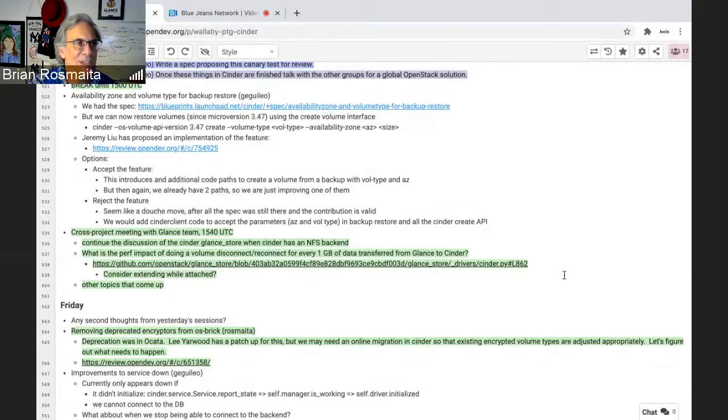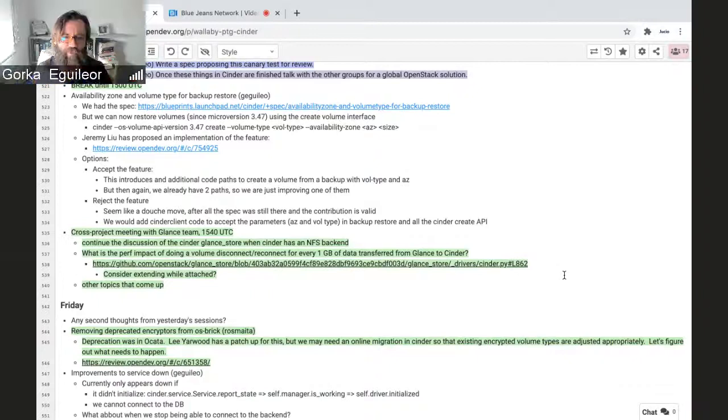Give me a second to put this into the. I don't know how many people are paying attention to the PTG bot, but I will update it. Okay, Gorka. Yep. So,